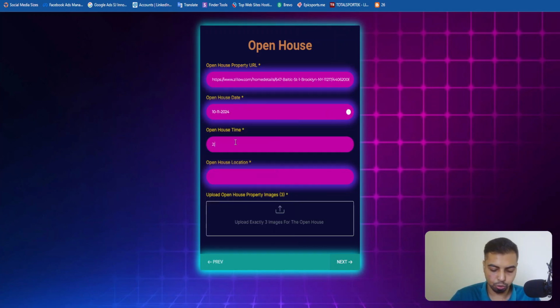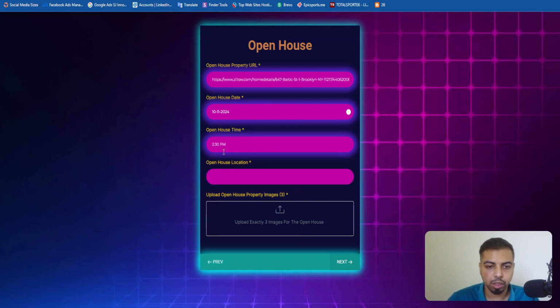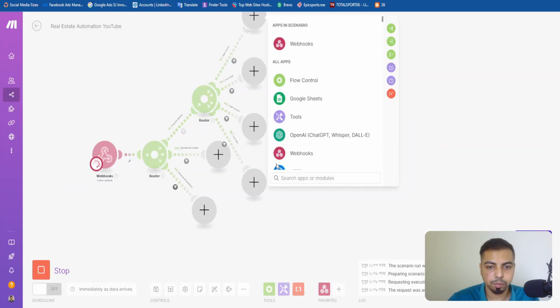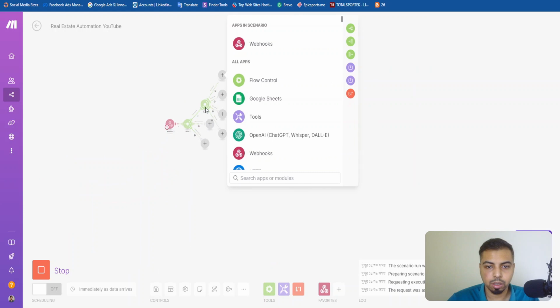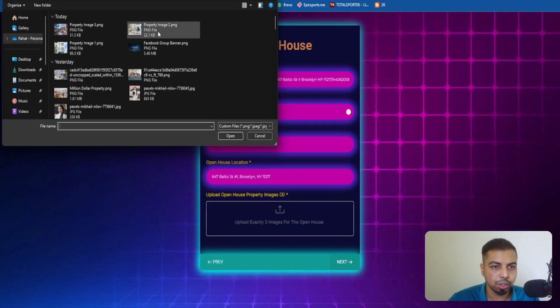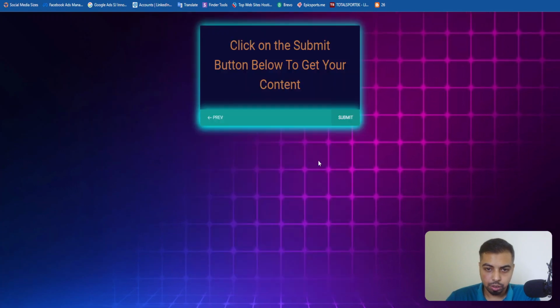Time is 2:30 p.m. Open house location, let's select the same location we just selected first. Sorry, this one. And then upload the 3 images. This is the first one, this is the second one, this is the third one. Okay, now click on next, click submit, and then we'll see why we need to set up a